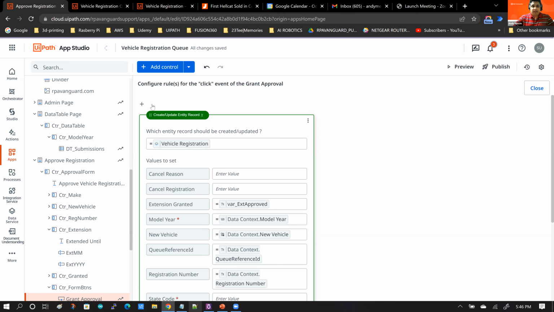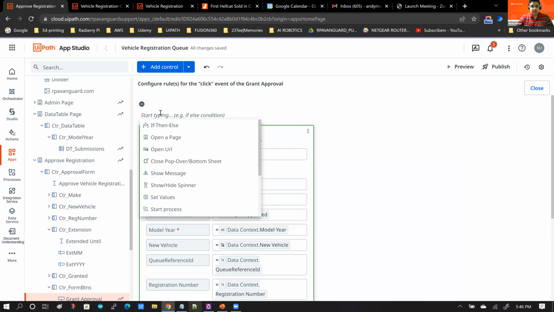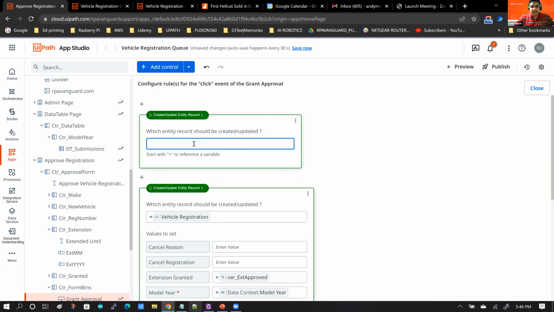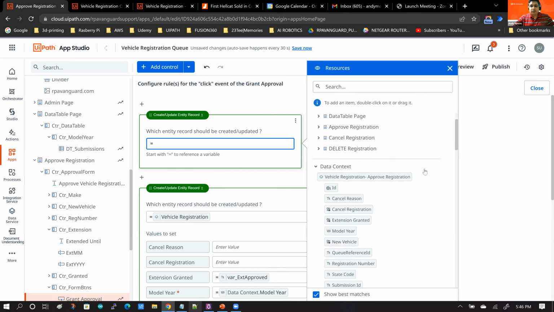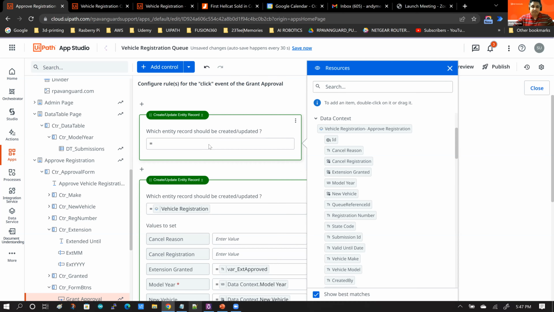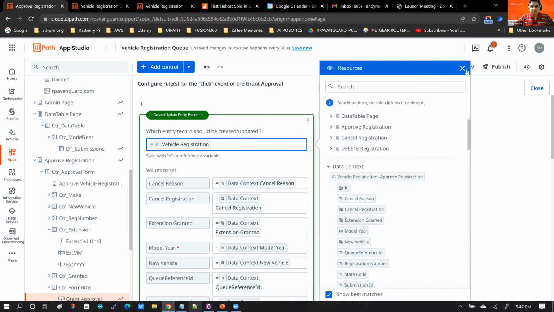So how do I do that? I go in and bring that same step here called create or update entity record. But this time, I am not going to select the entity. I'm going to select the data context entity. So entity record. So here is the data context. This is that one single record that you want to update. You pull that in, right? So if I pull that in here or double click, here again, you can see how convenient it is. All the records are automatically mapped for you